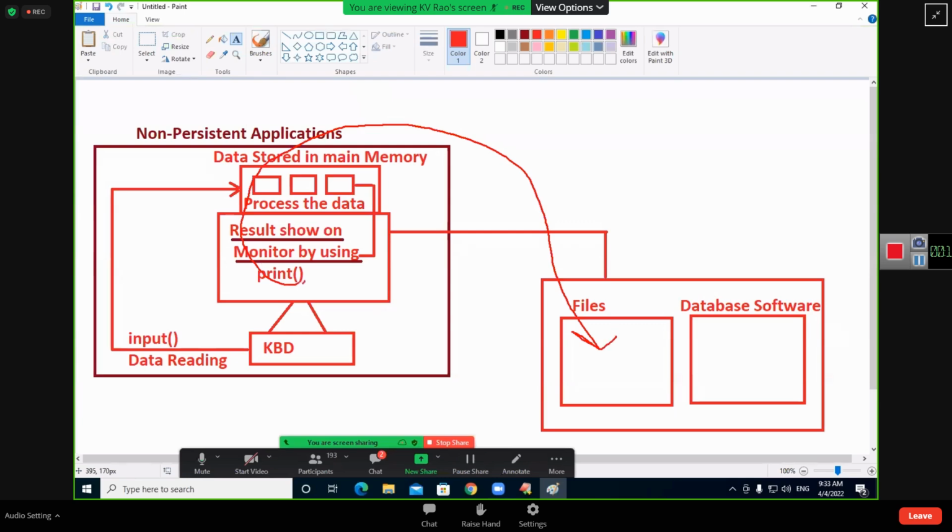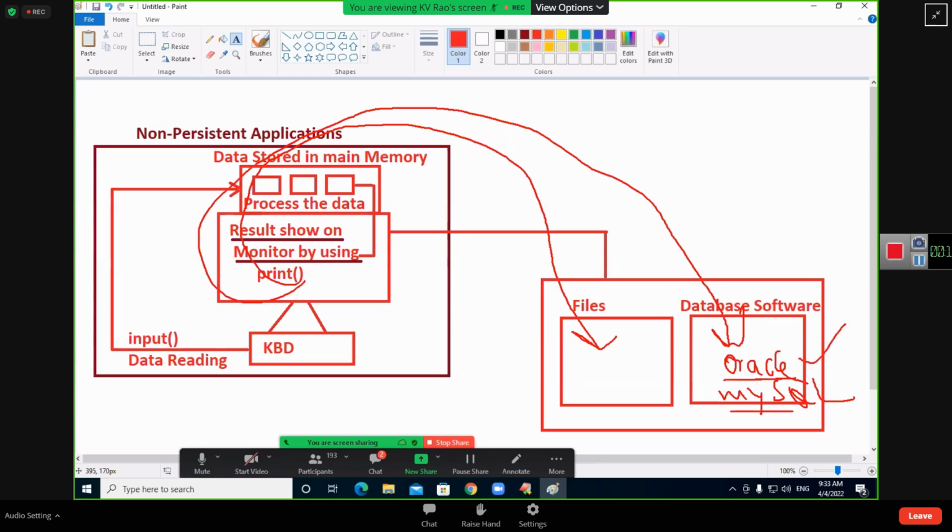Files. I am writing a Python program, which is communicating with what? Oracle database. It is one of the Oracle databases, one example of database software. One more is called what? MySQL. I can say one database, and I am telling two databases here to communicate with. After that, you will understand how to communicate with any database.